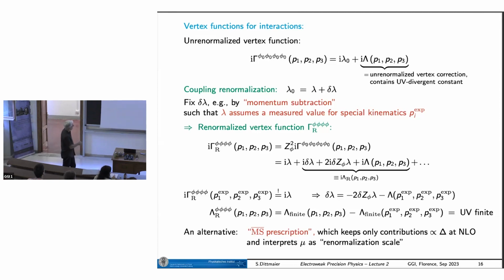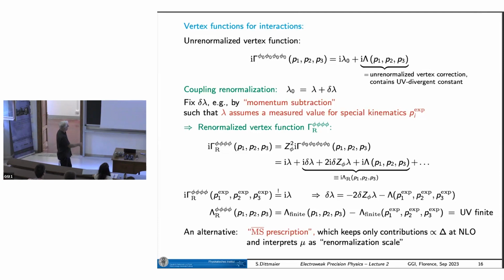Delta z is already known, plus your unrenormalized vertex correction here, and delta lambda is still to be fixed. And if you fix it, as I've said, so that the whole thing here vanishes at this special kinematical point, which is singled out here, then you can solve for your normalization constant delta lambda, and you get it as a combination of the delta z and these vertex corrections that contain